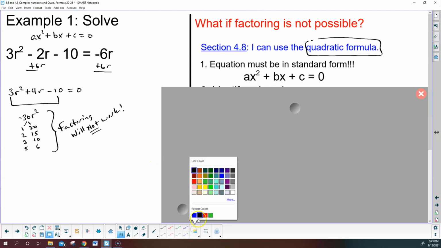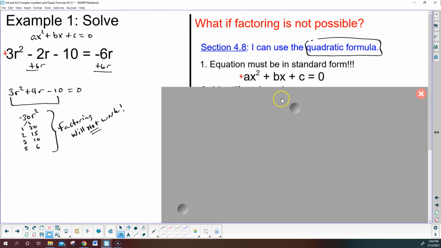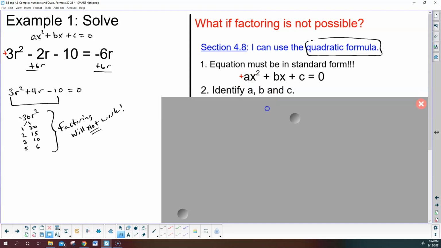My advice, and I'm not saying you always have to do this, is that I like to always try to get the a value to be positive. So here it was a positive, so I left the 3r squared on this side and moved everything to the other side. That's what I like to do. There are times where you don't have to. It's easier if you don't. But once it's in that form, and notice that's what we have right here,